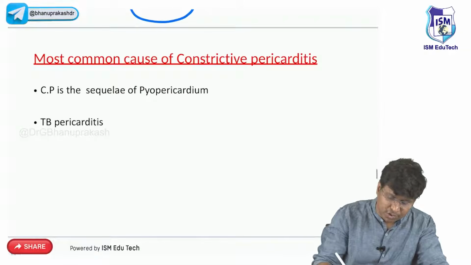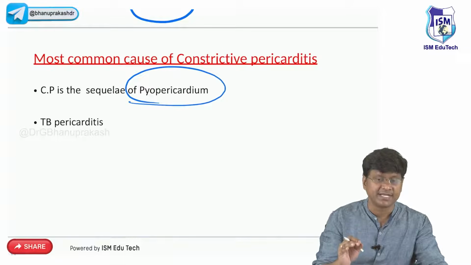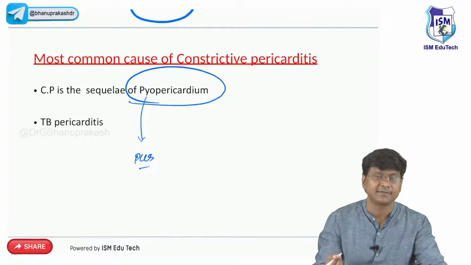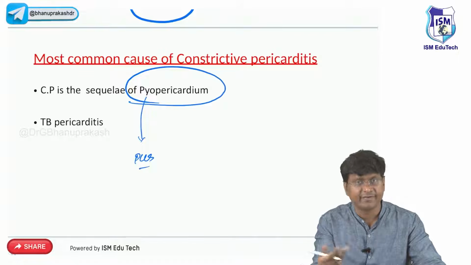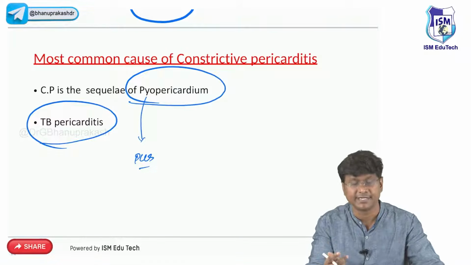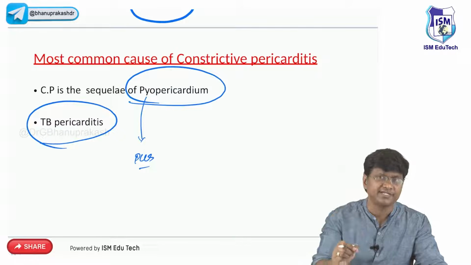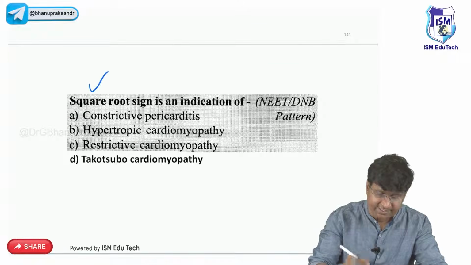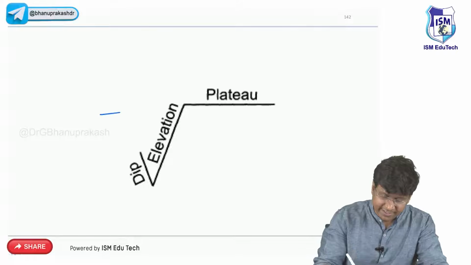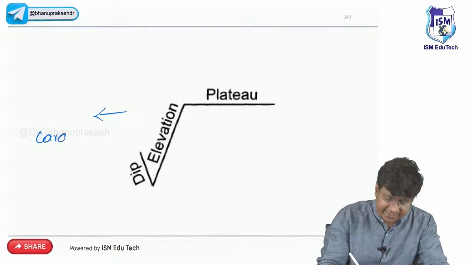Then what is the most common cause of constrictive pericarditis? It is usually the sequelae of pyopericardium. Pyo means pus. This pus will become thick and calcified and will result in constrictive pericarditis. The other condition is tuberculous pericarditis. One of the very, very important signs you will see in constrictive pericarditis is the square root sign. What is the square root sign? The square root sign is a cardiac catheterization finding